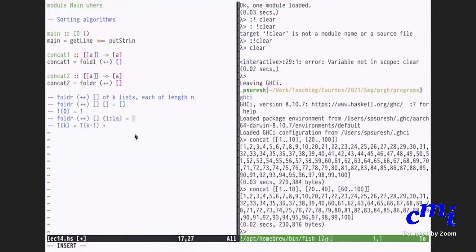Remember, this is nothing but L plus plus the recursive fold R of the rest. Therefore the equation for Tk is Tk minus 1, which is the recursive call, plus n. That's all.